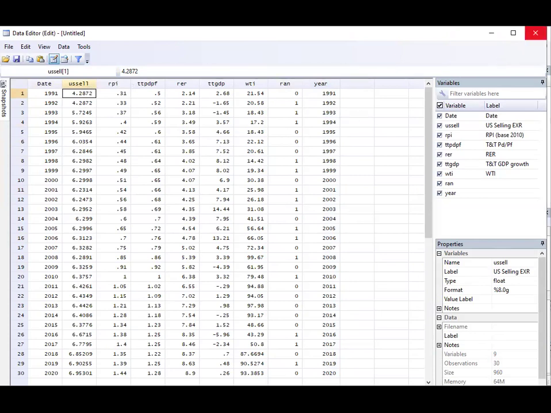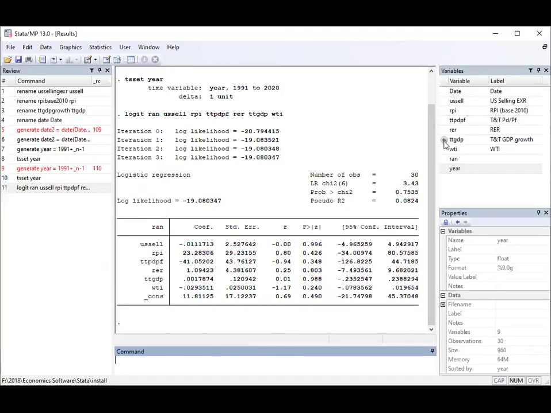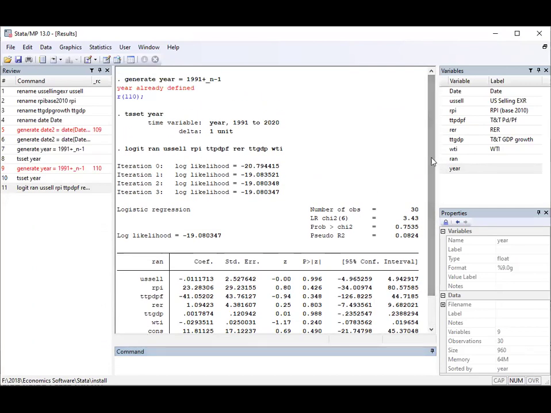I wanted to show you how to run a Logit model in STATA. It's very easy. You have your data imported and your time variable set. The time variable was year. How we set the time variable, I did it differently. I used this code: generate year = 1991, 1991 was the first year,